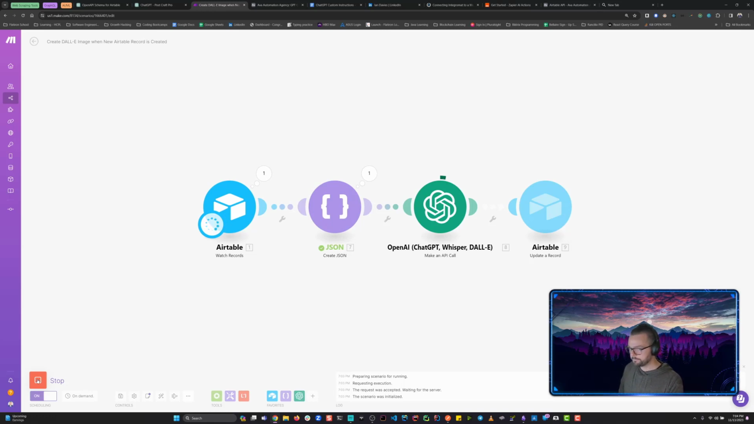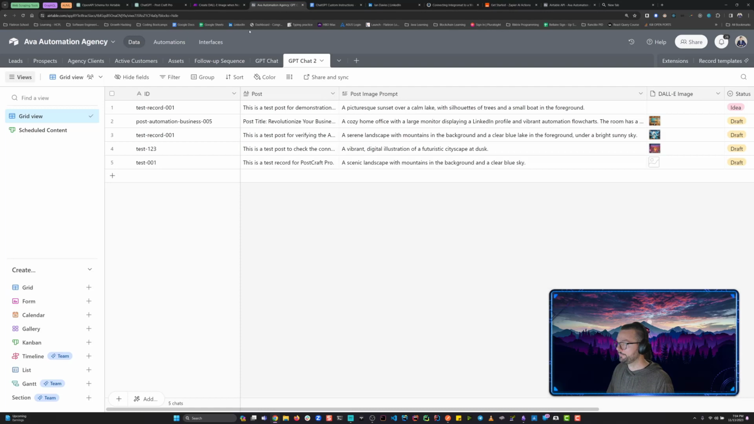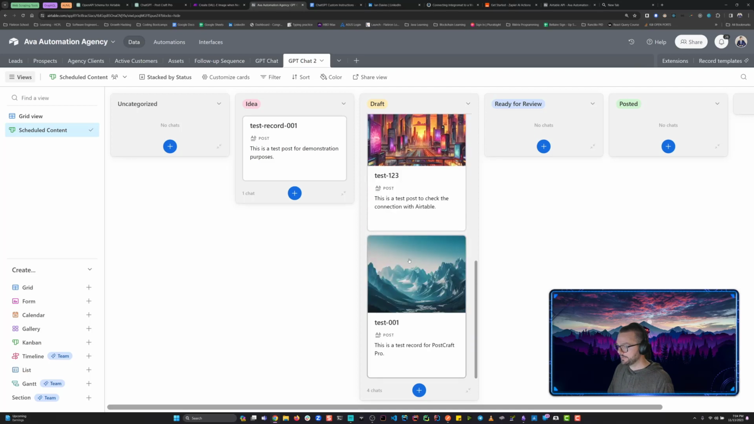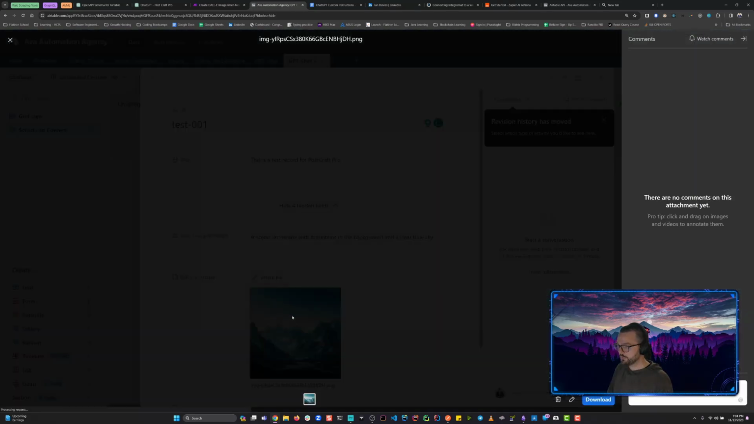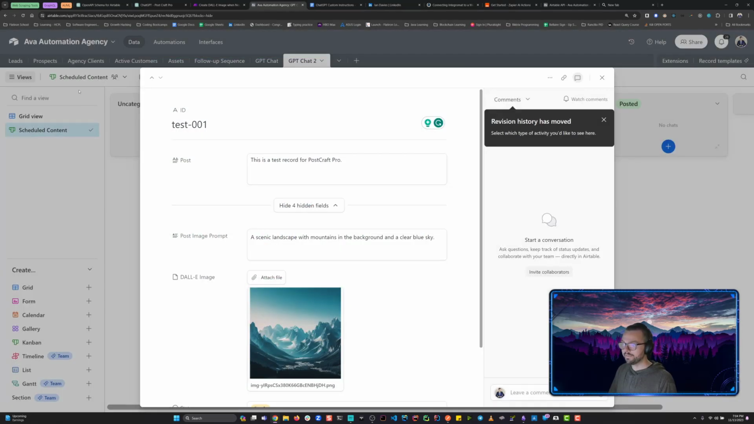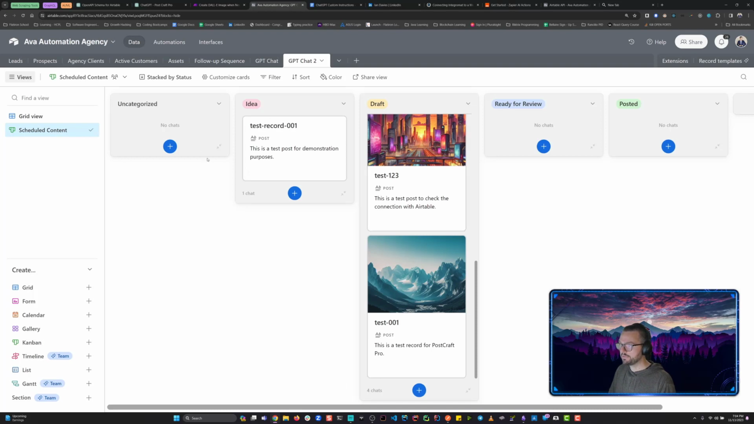Looks like it's generating. And boom, it's done. So now let's go back to Airtable. Haha, look at that, our image is there. So now, if I scroll down, this is the latest record. Look at this, a beautiful, beautiful DALL-E 3 generated image that was triggered just by me saving a new record